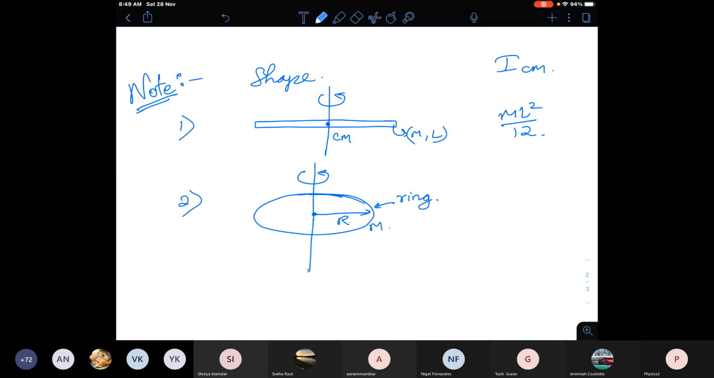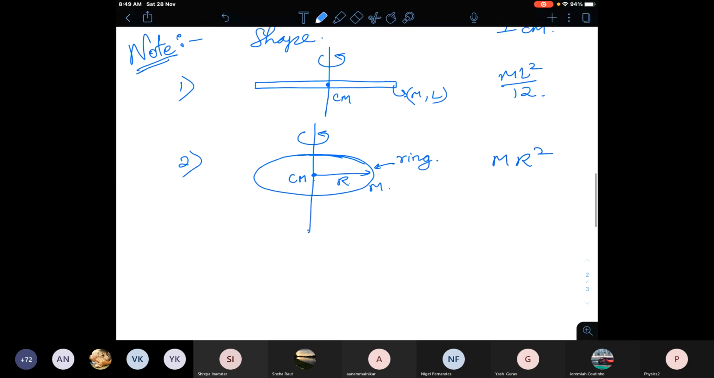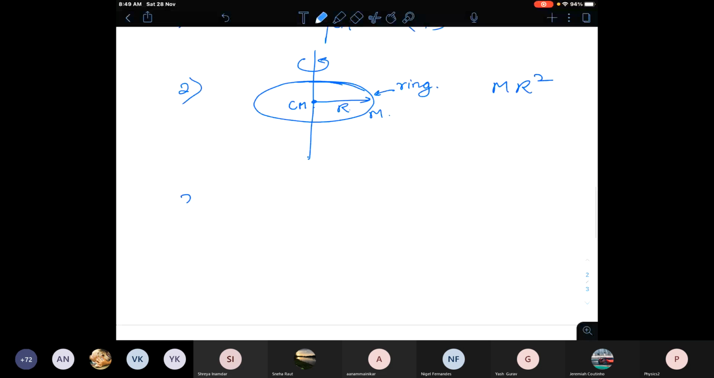Okay, now back to the moment of inertia thing. The ring is there. The moment of inertia of the ring about its center of mass, we have already calculated, will be MR squared. This is the value of moment of inertia about its center of mass. We have to remember these values. It is easy to remember. Some of it are a bit tricky, but you can remember those. Then third is